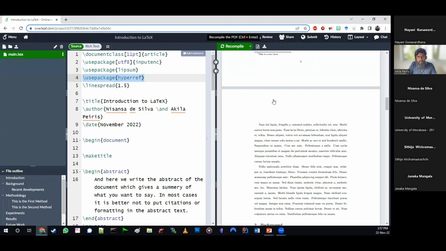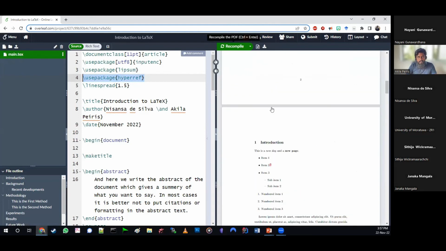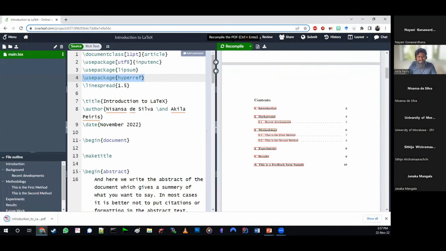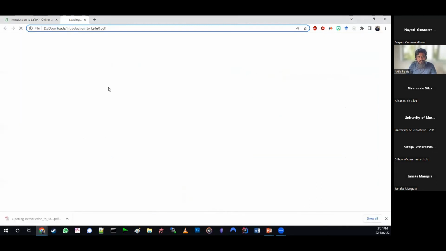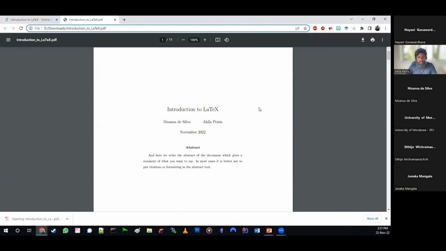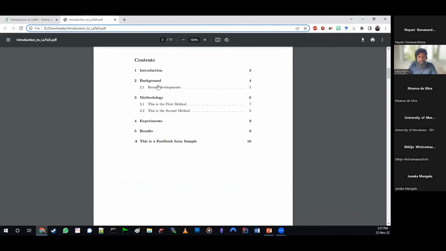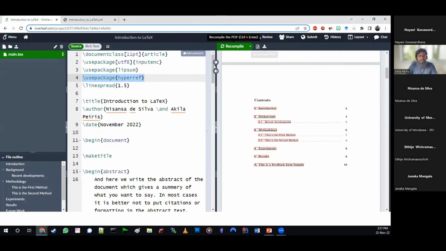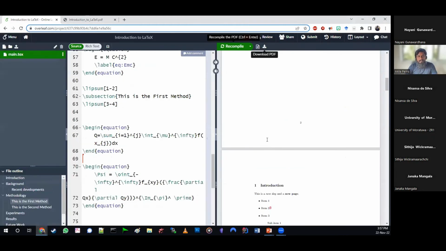Now you might be wondering, oh no, why are we having these ugly boxes and all? Don't worry, that is only for you to see. So once you create the PDF, they are not there, but the links still work, right? All right. So let's go and see what Mr. Akila has done meanwhile. He has gone and added some complex equations. So let's look at that. Let's compile.